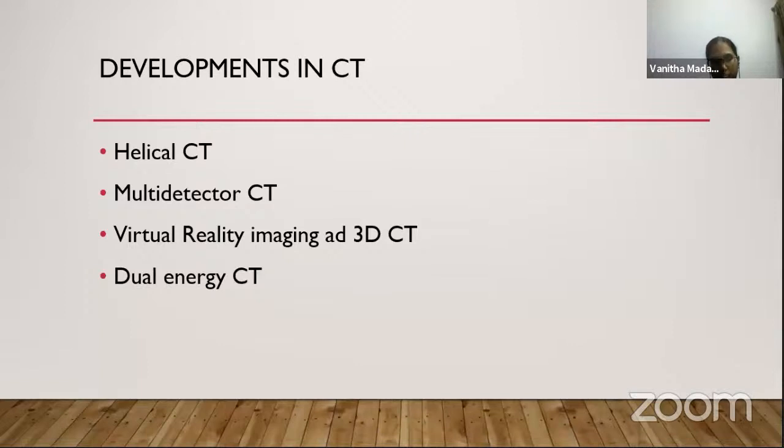Dual energy CT scan is a procedure where we use two X-ray tubes, that is two sources of X-rays, along with multiple detector CT, where a patient will be exposed at a time to two different energy sources, and the tissue densities between the energies and the CT scan imaging will be done based on the differences in the energy related attenuation coefficients.